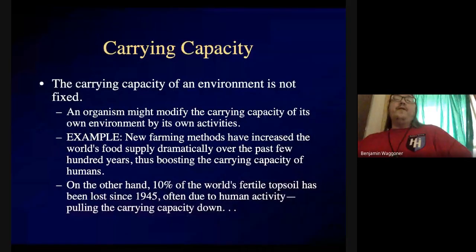One of the things you have to bear in mind is that the carrying capacity of an environment isn't fixed. Living things act to modify the carrying capacity of their own environment. Simple example,